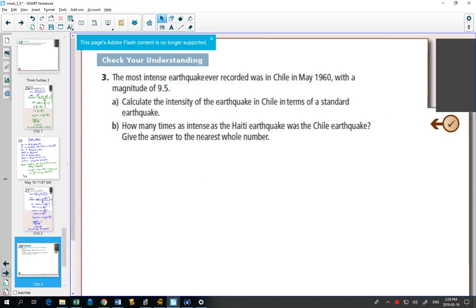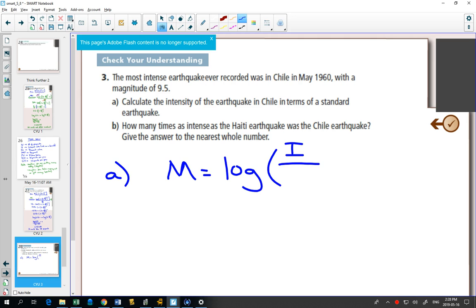it says the most intense earthquake ever recorded was in Chile with a magnitude of 9.5. Calculate the intensity in terms of the standard earthquake. So if we're just using the formula for A, you would again be given this formula, that the magnitude is equal to the log of the intensity compared to the intensity of a standard earthquake. And each of those things would be defined for you. If we're told that the magnitude is 9.5 and you want to solve for I,